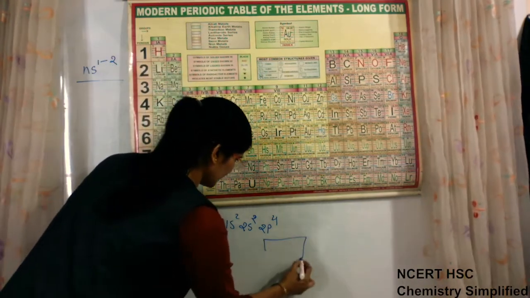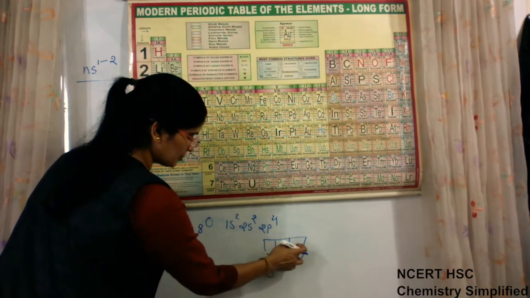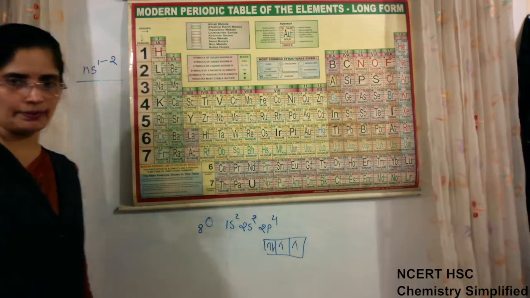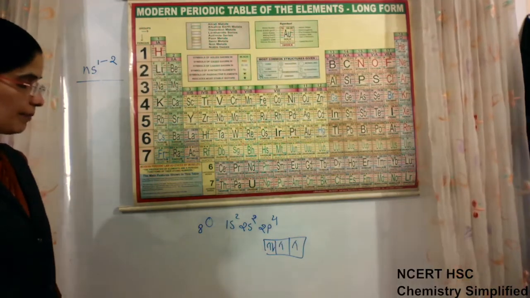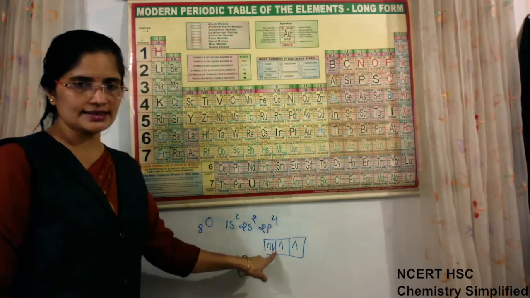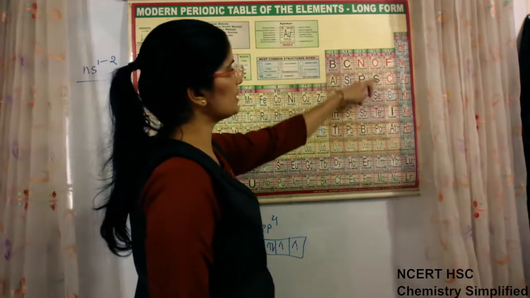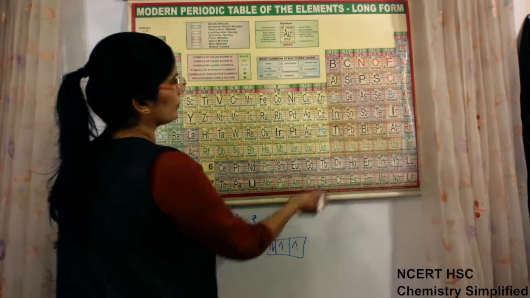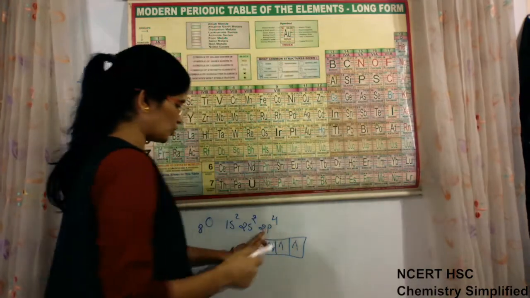The structure will be like this. Because the P subshell has 3 orbitals, the 1st, 2nd, 3rd and then the 4th electron will pair up. So 2 electrons are still unpaired in the case of oxygen. The last electron, the 4th one, is entering the P subshell. Hence it is called a P block element. Okay. When it is oxygen, it is 2p4. When it is fluorine, it will be 2p5. And when it is neon, it will be 2p6.